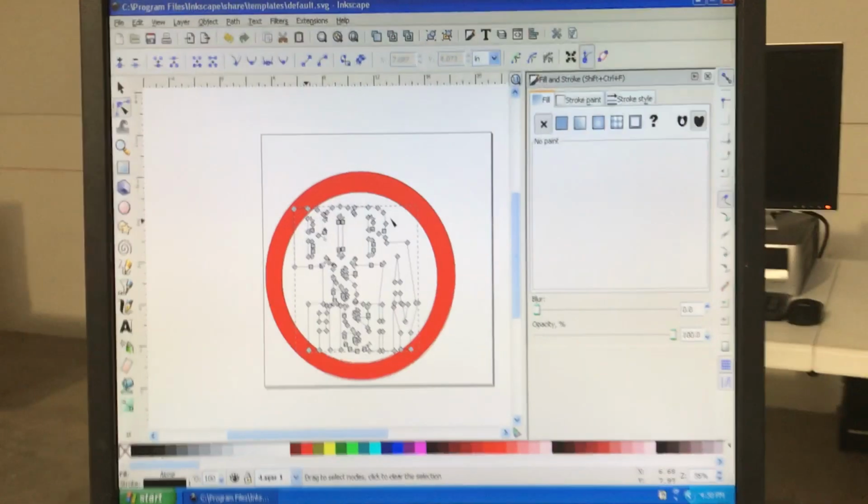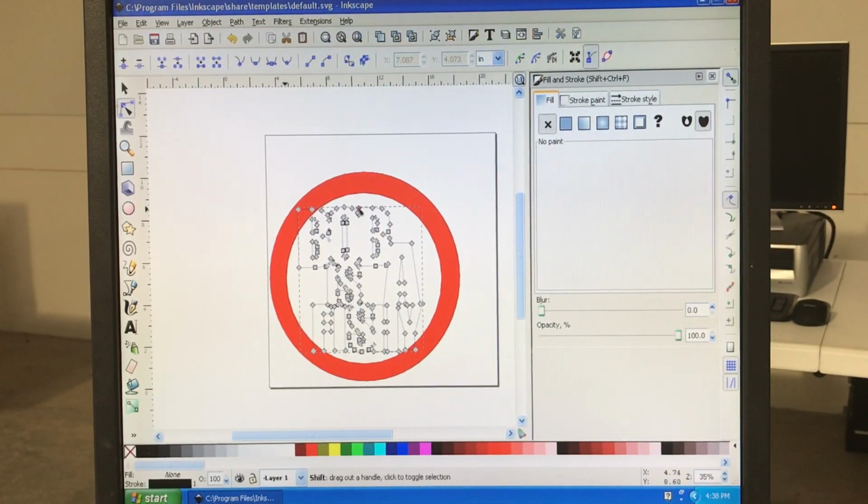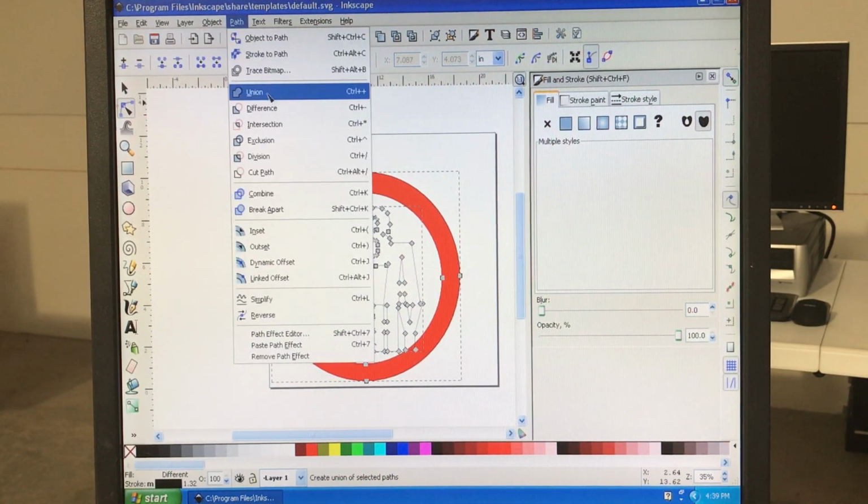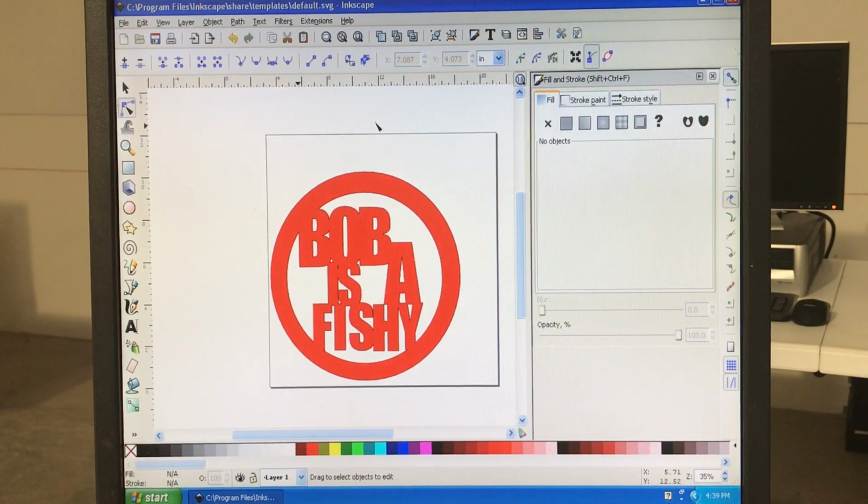Now, you want this Bob is a fishy to connect to the actual outside of the circle here. We select Bob is a fishy, the vector. We select the outside circle, we hit path, we hit union, and now it actually connects everything together. And now we have a Bob is a fishy sign, the full sign. And now you can take this over to your plasma cutter, cut it out, and you have this wonderful text